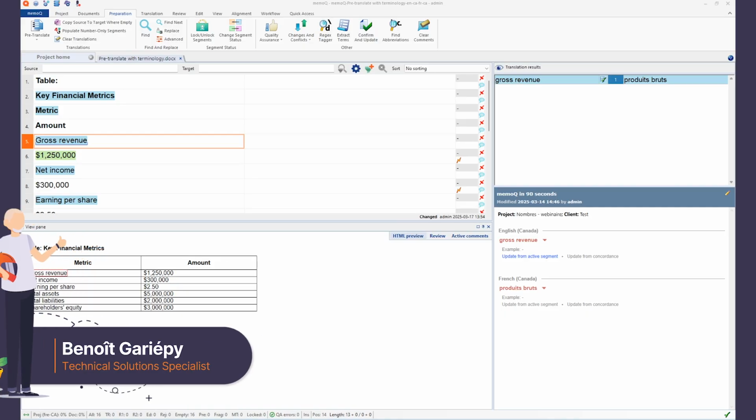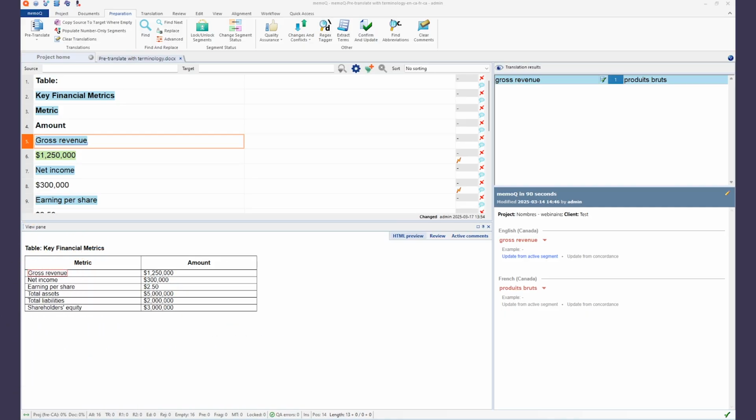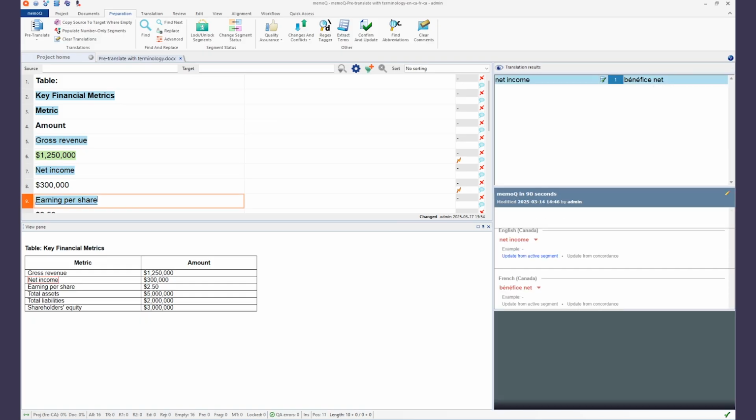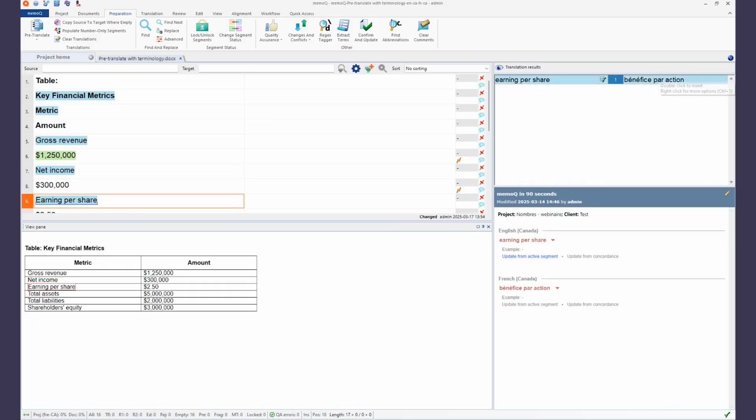Today, pre-translate from terminology. I'm showing a table I need to translate. The different items in the tables are terms found in my term base. If you'd like to pre-translate those items from your term base to ensure consistency, you can do so using fragment